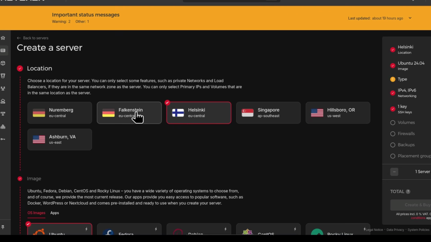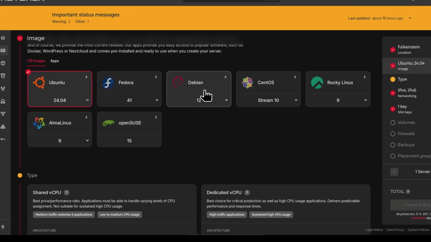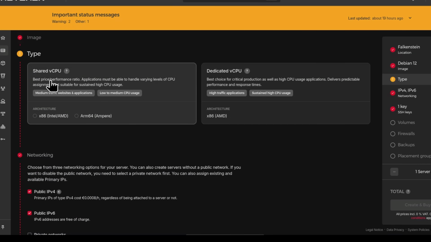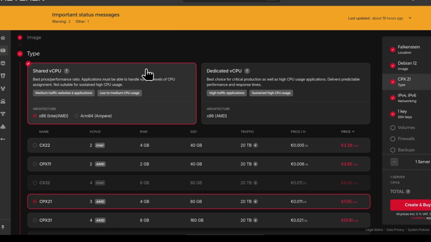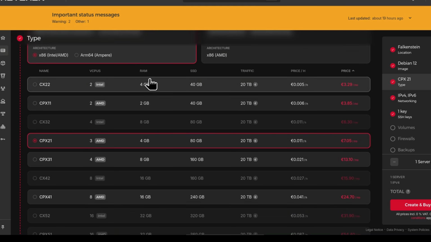I'm going to choose Falkenstein. The image, of course, we want Debian 12. So Debian 12. And then the type of server, you can have shared virtual CPU or dedicated CPU. In this case, we're going to go with the shared CPU. These are the normal VPSs. These are also VPSs, but the CPU is not shared, it's dedicated. So in this case, I can go with,